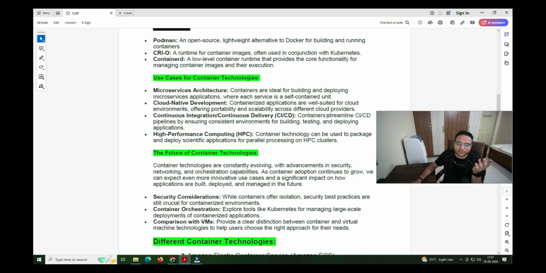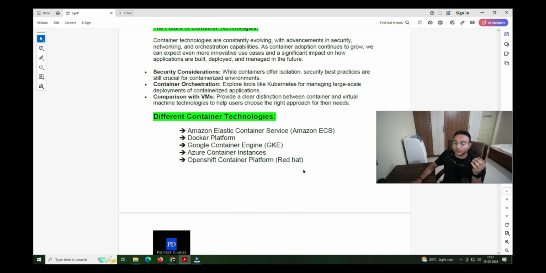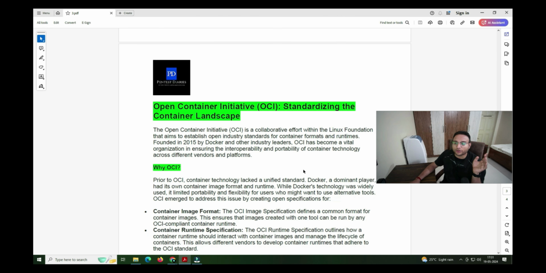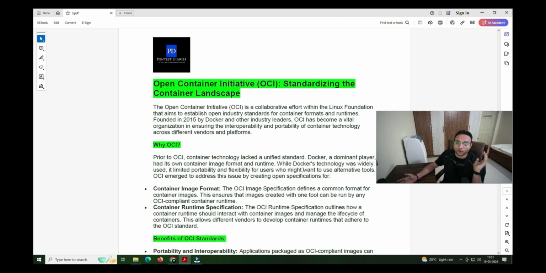Different technologies are similar, but we have to see the different types present in the cloud and everywhere. Then we talk about the OCI, the Open Container Initiative. It makes the standards and everything be in place. That way everything is beneficial for customers, and users can use Docker very easily instead of having pain when using different types of technologies. It makes a bridge between multiple technologies so that everyone is on the same page.